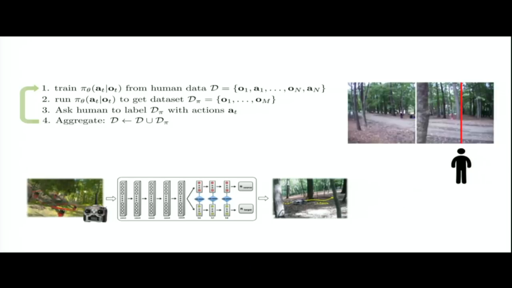So maybe this part of the network is trained for winter and this for summer, and the weights between the red and the green are shared. Now, this doesn't by itself allow you to fly successfully in the winter because the network might just memorize it, like in winter do this and in summer do that, and overfit to the small amount of winter data. So what they do in addition is introduce what's called adversarial domain adaptation, which is a loss that says whatever features you have in these upper layers, they should look statistically similar between the two domains. Meaning that if you just look at the features in the upper layers of the network without looking at the picture, you shouldn't be able to tell which domain you're in.